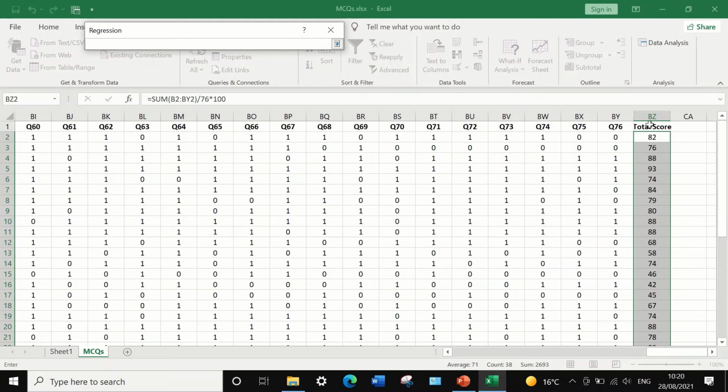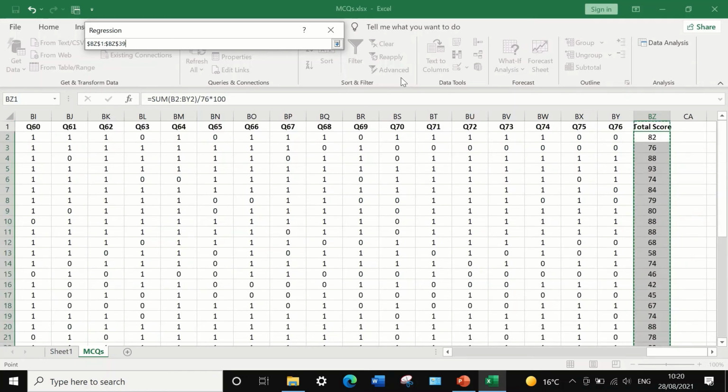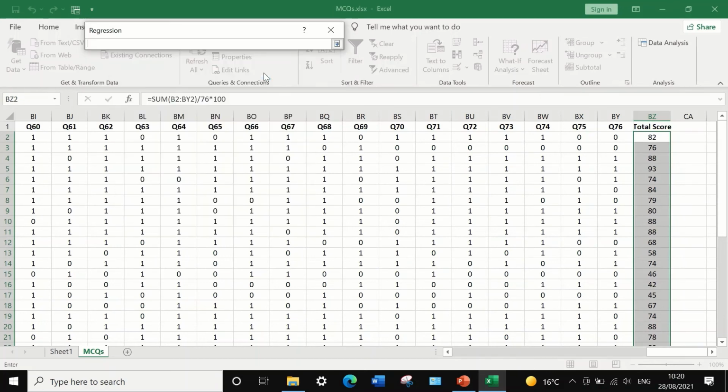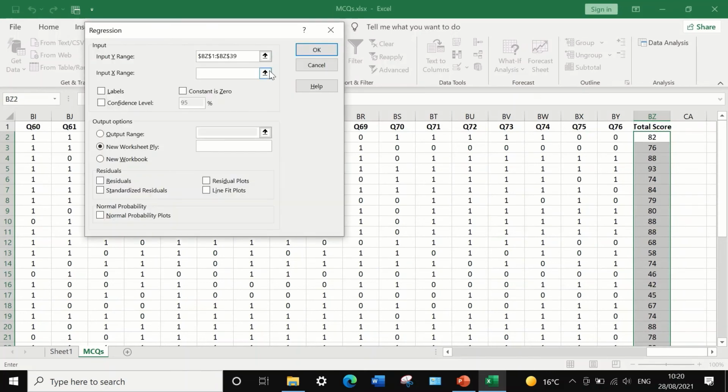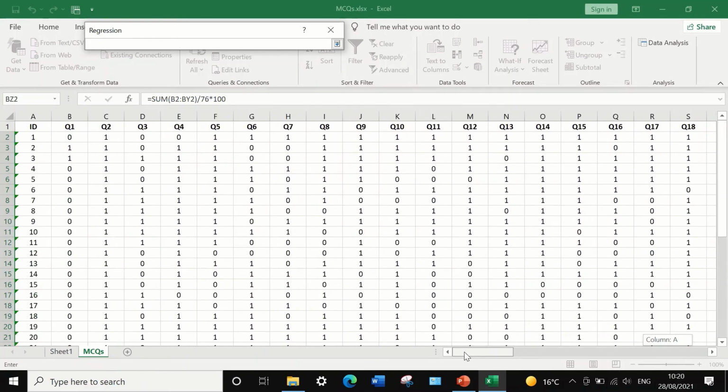If I click on this here and then hold shift, control, and the down arrow, it will select just the data and the label for that column. We'll do the same thing for the input. For the input X range, I'm going to calculate the p-value for question number 5. So I scroll to number 5, click on it, and then